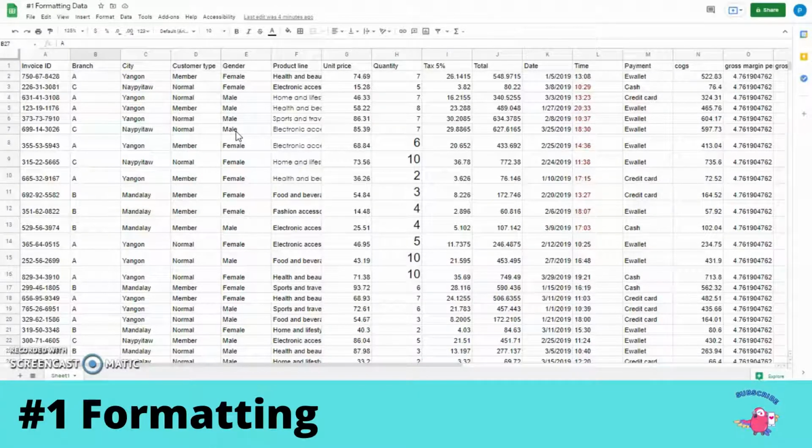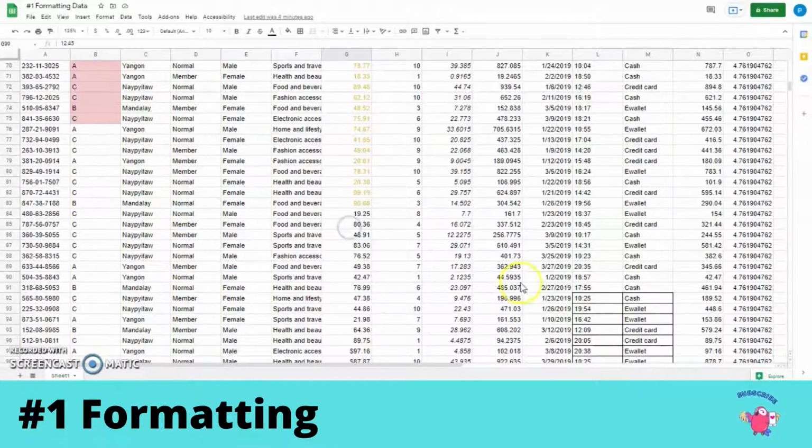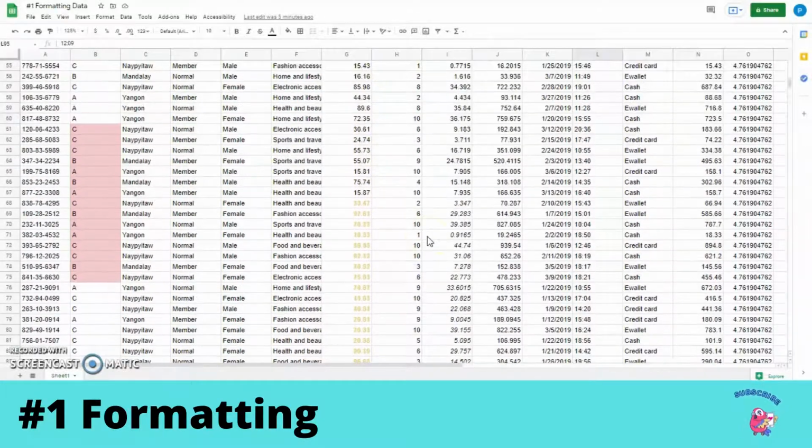Whether we are a project manager, data analyst, or business analyst, we are very good at representing data, right? But if our raw material is not in the right format, we create a different image in front of the other person. For example, if you see this data, it is not in the right format. In some places the font color, font size or font type is different, or some numbers are in dollars, or some cells have borders, right?